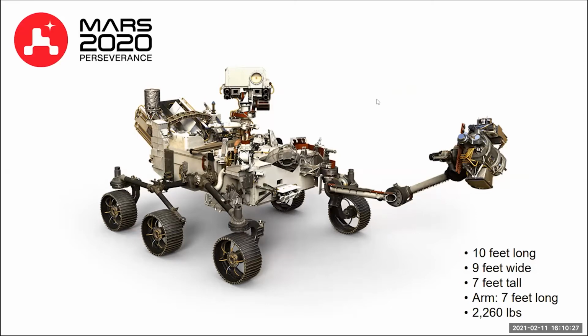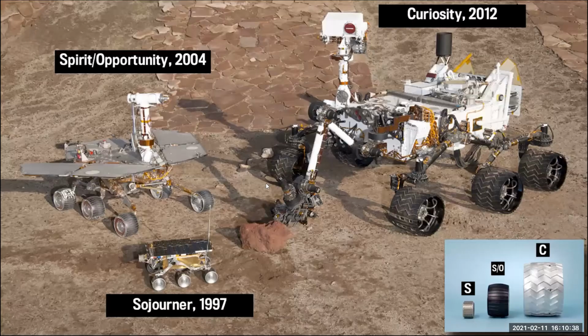The whole package, everything on this rover, weighs over 2,000 pounds, so over a ton. And we're going to land this on Mars in 6 days and 20 hours. And you might say, hey, that kind of looks familiar, right? As I showed you on my first slide, we sent a rover similar to this called Curiosity back in 2012. And we're using that same technology, the same rover makeup with the mast